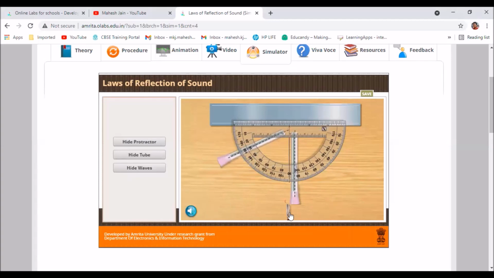Now I'll be able to hear the sound. You can see this is the bell. The moment I keep it here, you can see the sound wave start moving. The experiment says that when the angle of incidence equals the angle of reflection, we can hear the sound. So let's see whether this works or not. The moment I try to take it towards the 30-degree angle, and this way we can verify that the angle of incidence equals the angle of reflection for sound also.